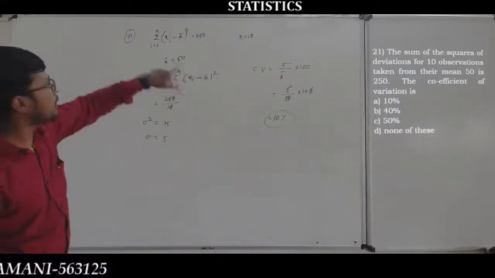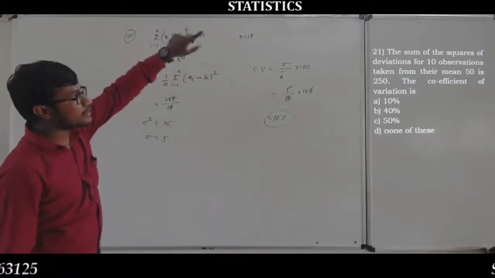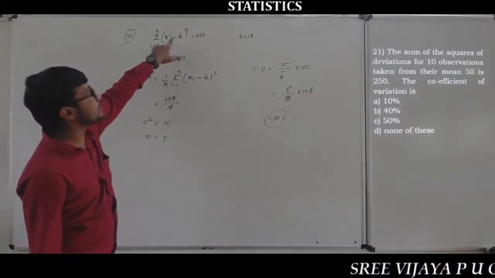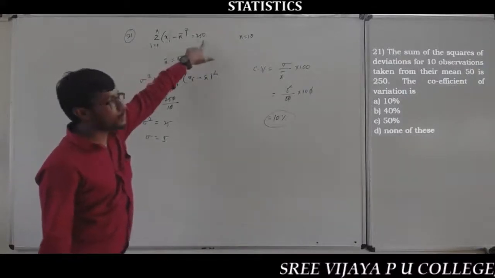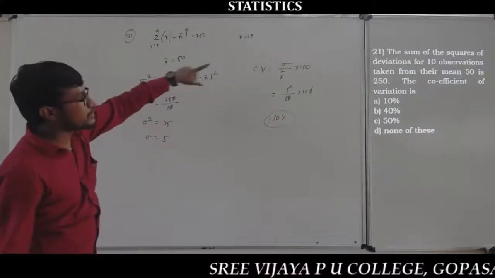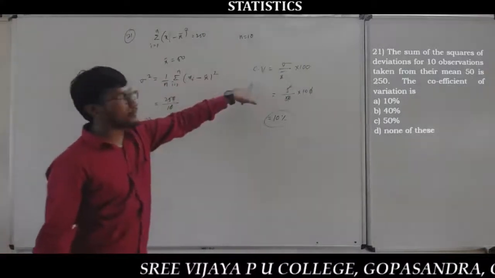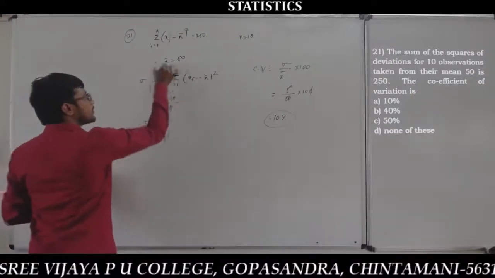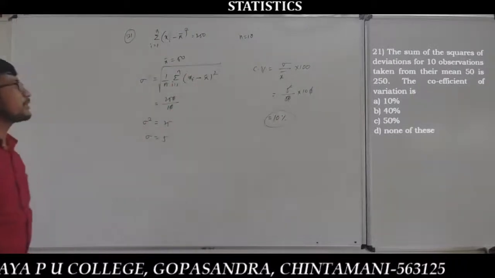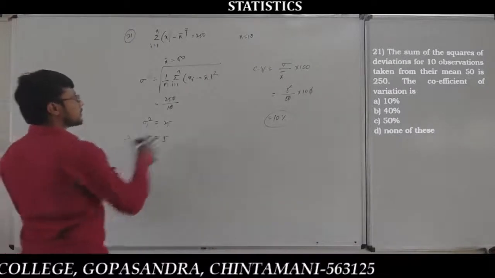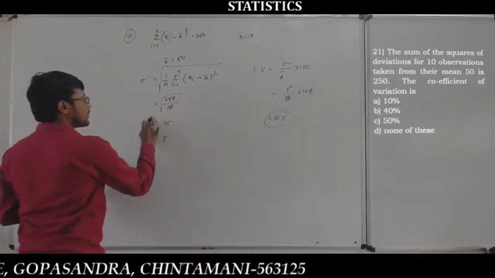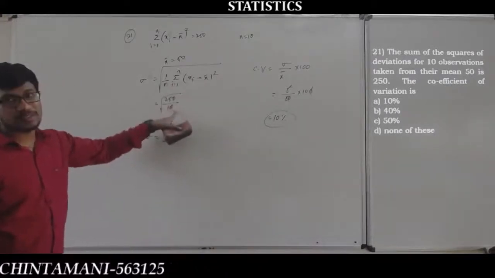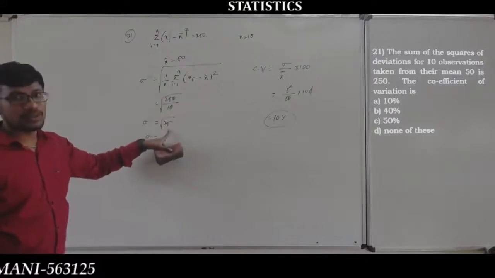See, it is the sum of squares of deviations taken from the mean. So the sum of squares of deviations of 10 observations taken from the mean is 250. The mean x bar is 50 and the number of observations is 10. We know that sigma is equal to the square root of 1 by n summation of xi minus x bar whole square. If you take that square root and here also a square root, no problem, both are the same. So 250 by the number of observations, 10, zeros getting cancelled, root 25,